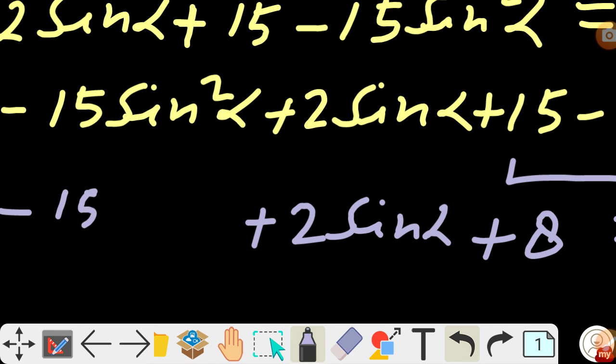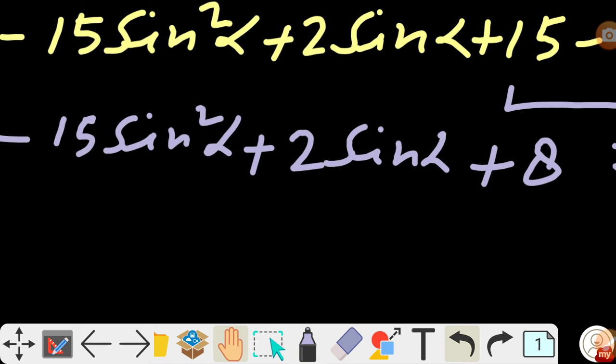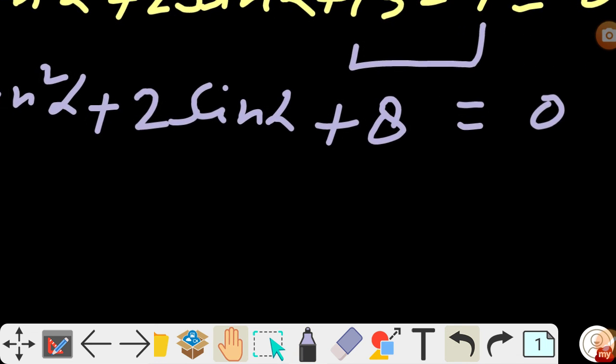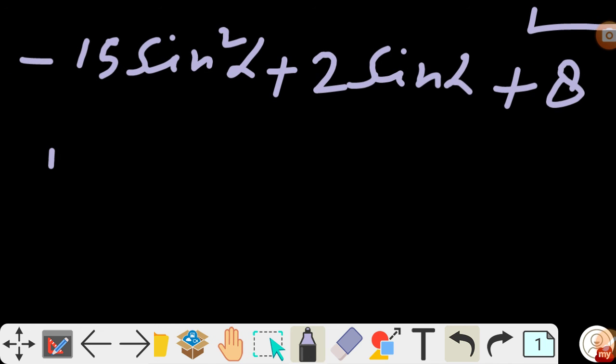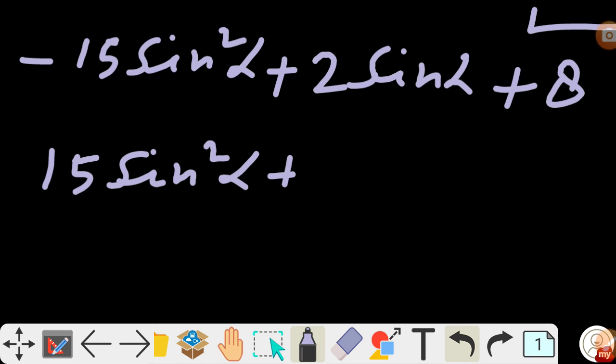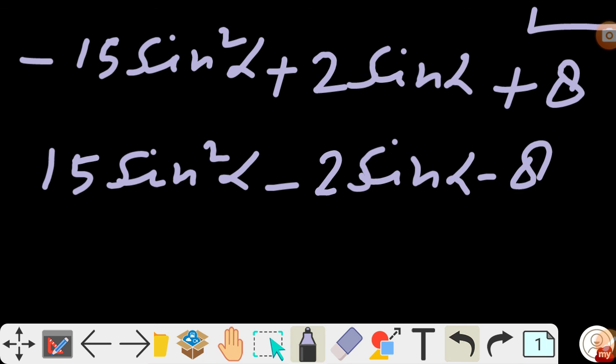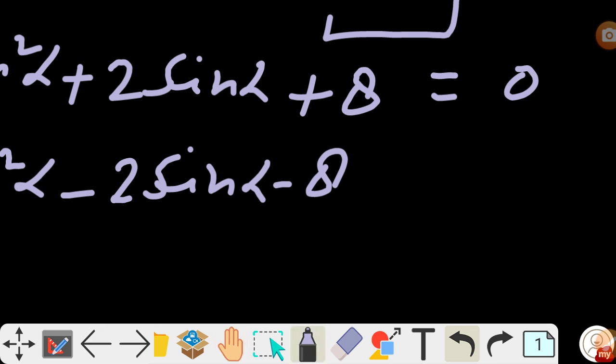Here you take the common, divide the above equation by minus 1. So here we get 15 sin square alpha minus 2 sin alpha minus 8